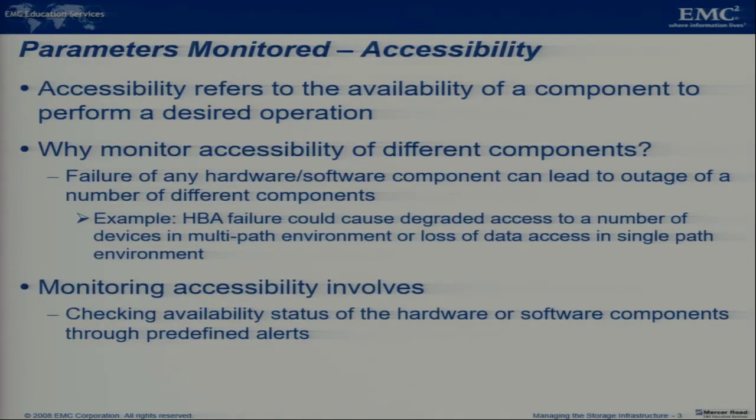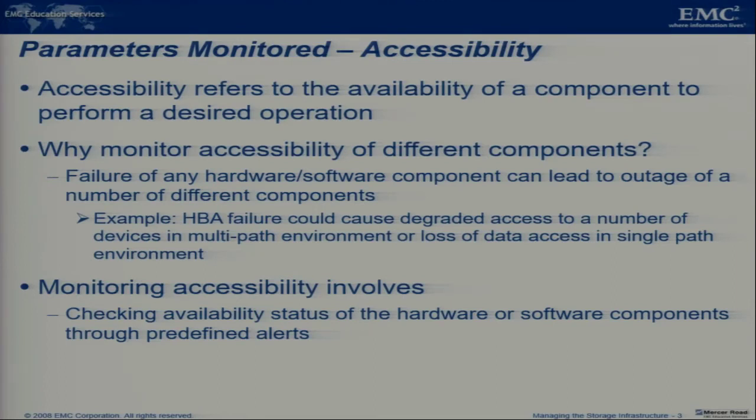So accessibility refers to the availability of a component to perform a desired operation. Say you are performing an input-output operation with respect to a certain storage array present in the infrastructure. Accessibility means that the storage array for which you are performing the input-output operation has to be available